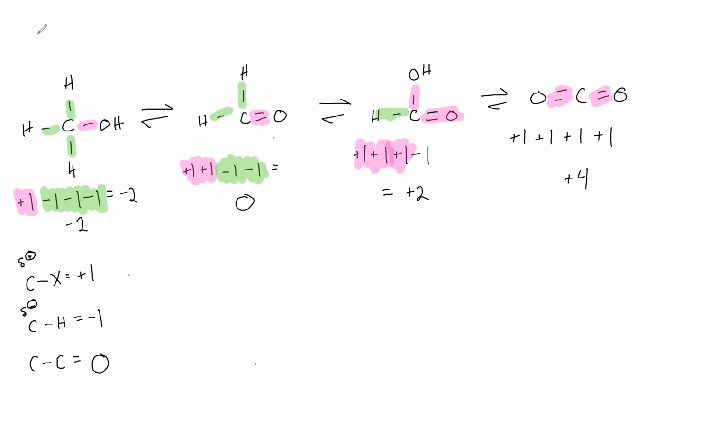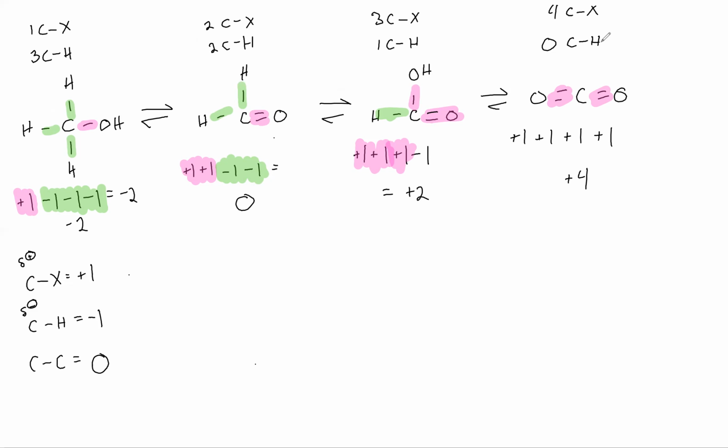So we can see here that this first one has 1 carbon X bond and 3 carbon hydrogen bonds. The next one here has 2 carbon X bonds and 2 carbon hydrogen bonds. This one has 3 carbon X bonds and 1 carbon hydrogen bond. This one has 4 carbon X bonds and 0 carbon hydrogen bonds. And remember, the organic chemistry definition is as we get more hydrogens, more carbon hydrogen bonds or less carbon X bonds, that's going to be reduction and vice versa. Less carbon hydrogen bonds, more carbon X bonds, that's going to be